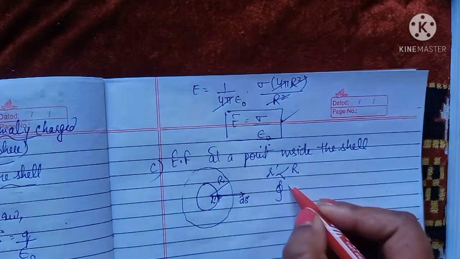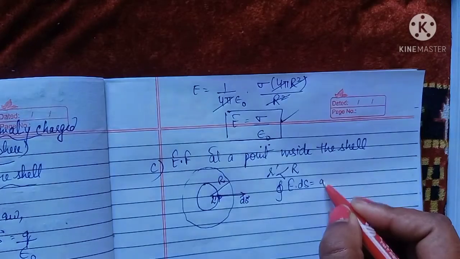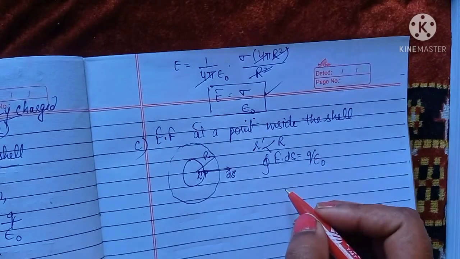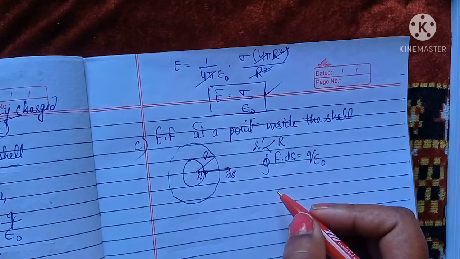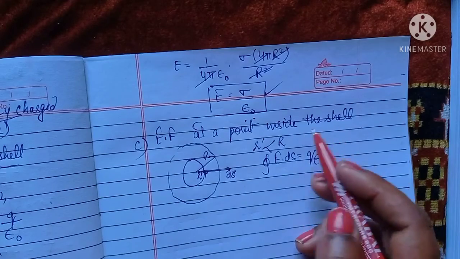Again, you want to write the flux along a closed surface, so that's why the integral of E dot dS is q over epsilon naught, right? As the Gaussian surface encloses no charge. Now in this case, whenever the point lies inside the shell and